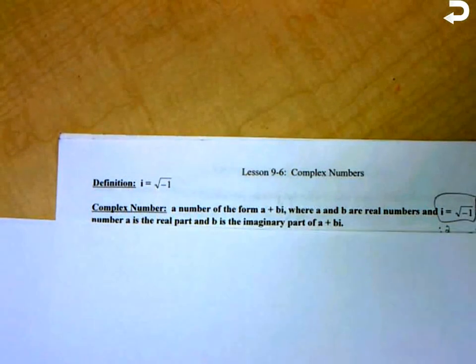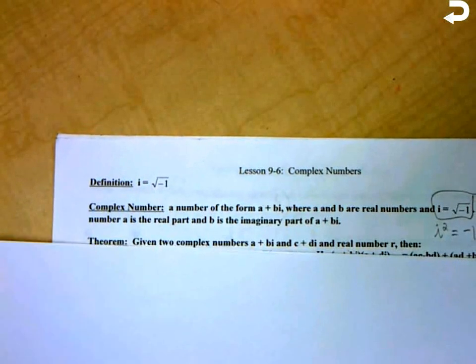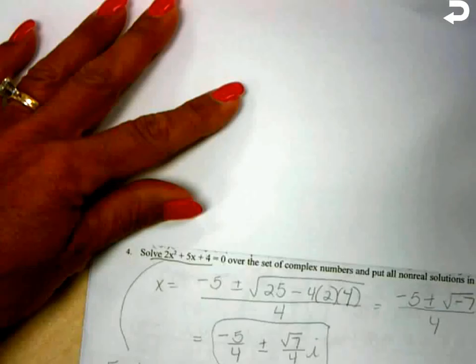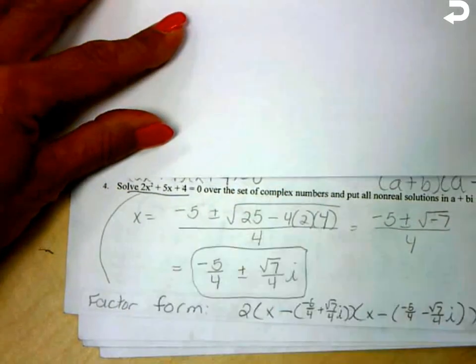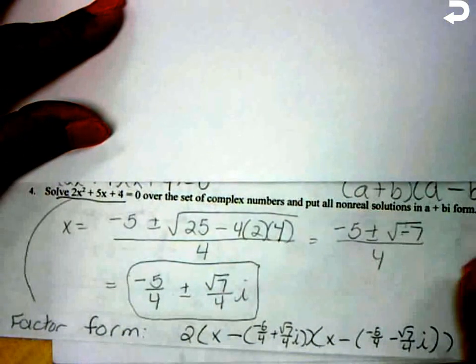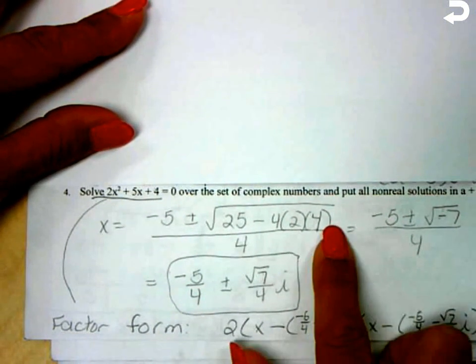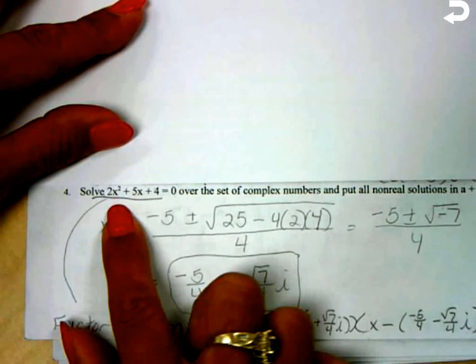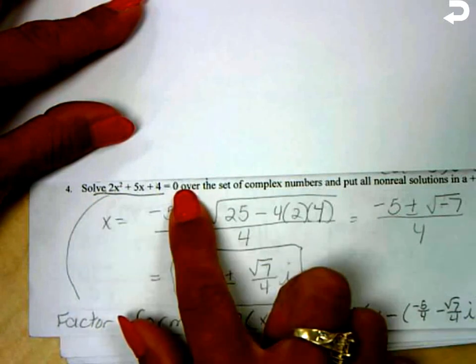were using quadratic formula. And I'm going to actually move down to the very bottom question for just a second and look at where you remember this coming about initially. So at the bottom, number 4, when we had a quadratic that was 2x squared plus 5x plus 4, initially when you were studying Algebra 2, you had quadratics that crossed the axis twice, and so you had the quadratic formula that you would use to solve a quadratic equation, and you would find that when you used quadratic formula to solve an equation like so,